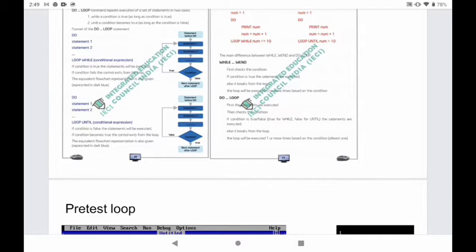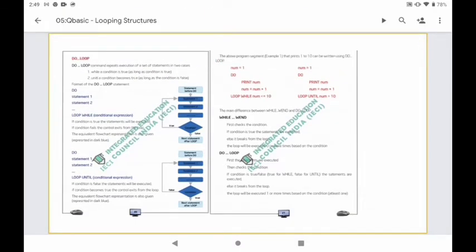Let us discuss this also with the help of a flow chart. You can see here the statement do is here. Then we are entering inside statement number 1, 2 and all. After that, the condition is checked. Then if the condition is false, it again comes to statement number 1 and repeats many more times. Whenever the condition gives you a true answer, it will complete its execution and go out from that loop. That is the criteria taking place in this area. So that means simply we can say that